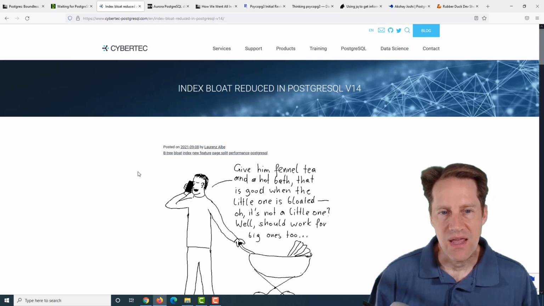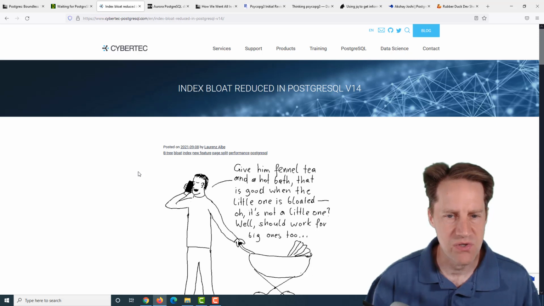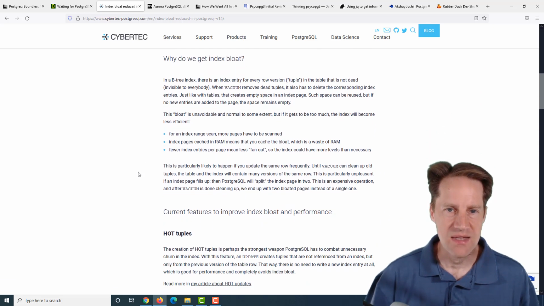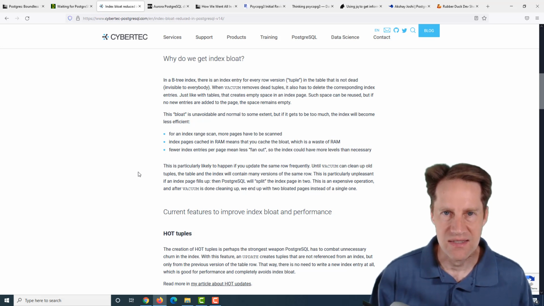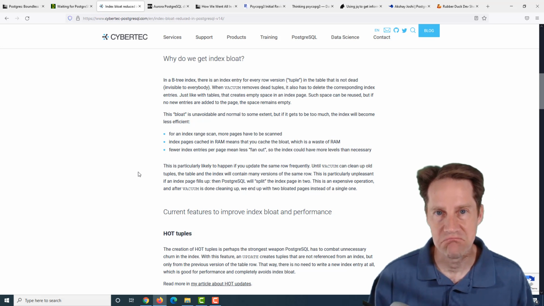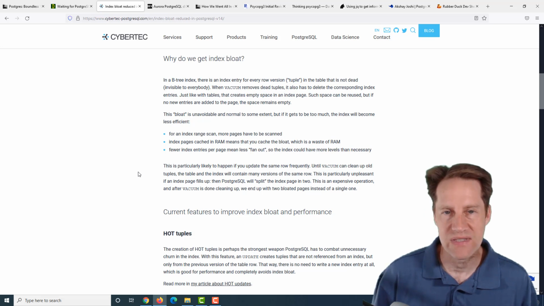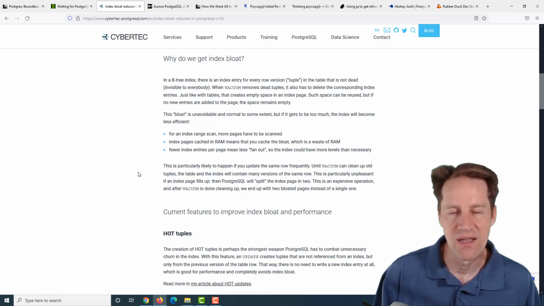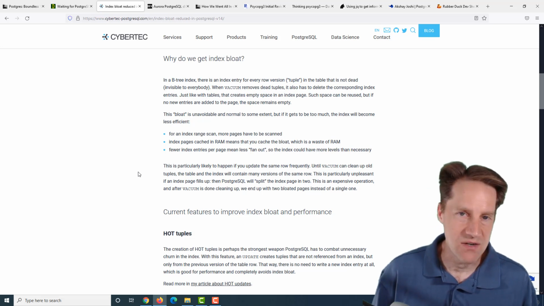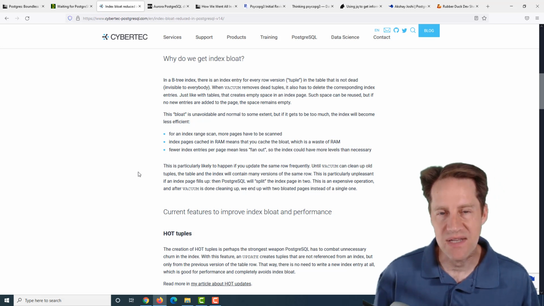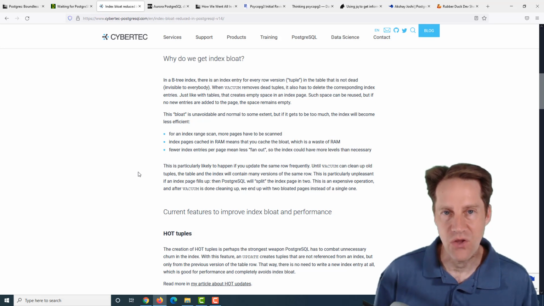The next piece of content, index bloat reduced in PostgreSQL version 14. This is from cybertech-postgresql.com. And he's talking about the case of index bloat. So basically, when you have data that's being updated and there's indexes that are impacted by that data, those indexes need to be updated. And if a row gets removed, for example, or a row is in the index, if that row needs to be removed because it was updated, it's an older version, that index entry needs to be removed, and therefore you can cause some table bloat. And if you update the same row multiple times, you can actually get page splits and a larger bloated index